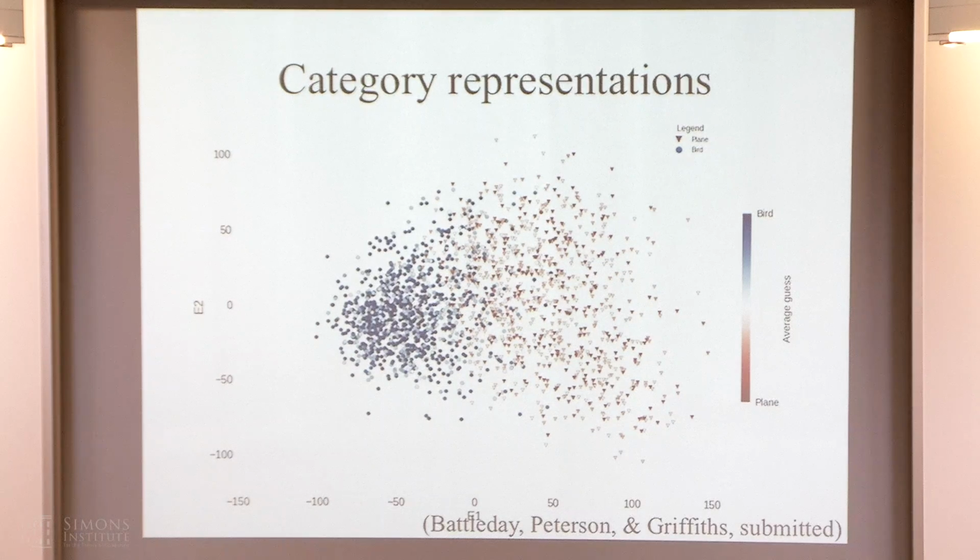We can also do fun, cool stuff like this. This is the prototypical bird, and this is the prototypical plane. So we can actually figure those out from the human judgments and try to estimate what the structure of those categories might look like if you use those particular models.